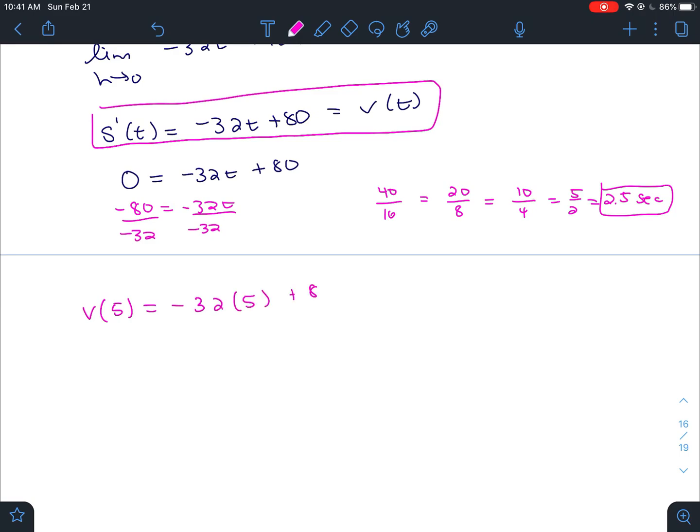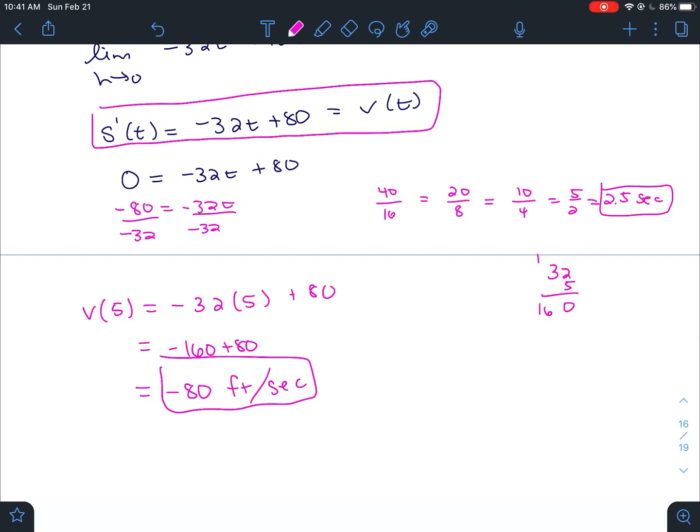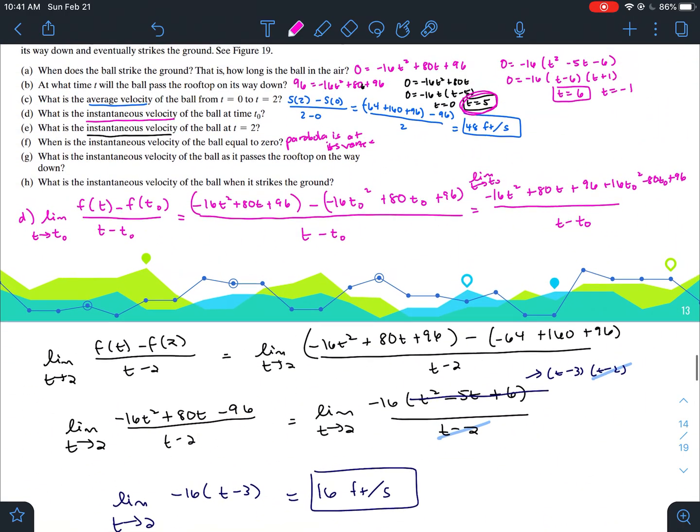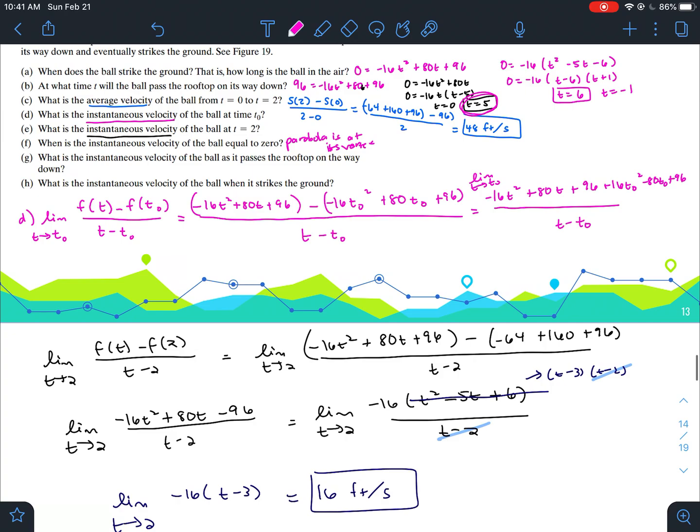So we're going to take negative 32 times 5 plus 80. And 32 times 5 would be 160. So this is going to be negative 160 plus 80, or it's going to be negative 80 feet per second. So that negative indicates the direction of movement. So that means that the ball is moving downward with a velocity of 80 feet per second. So that would be the instantaneous velocity of the ball when it passes the rooftop,